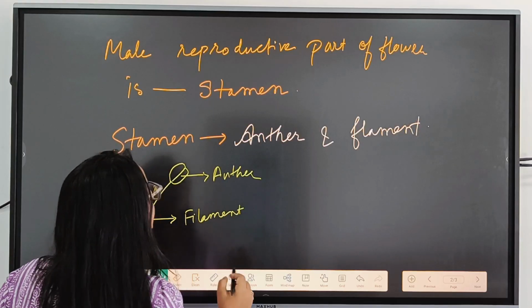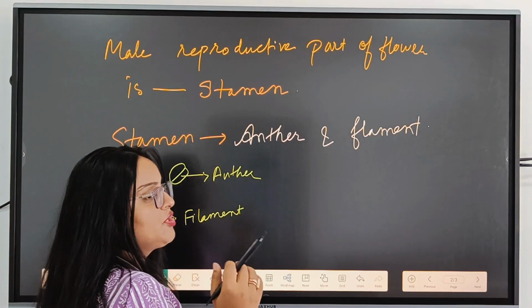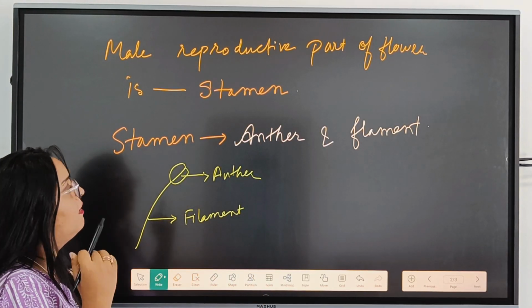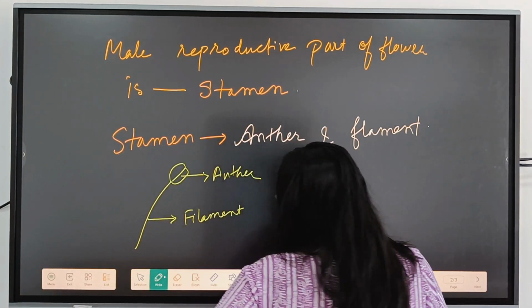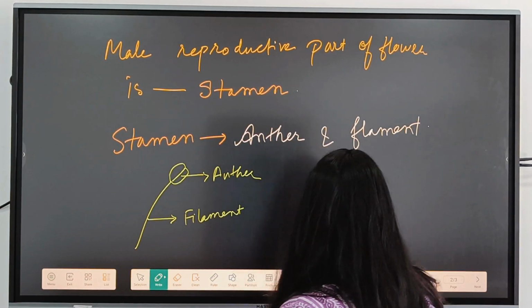So this anther and filament constitute the stamen. Now in case of female reproductive organ,